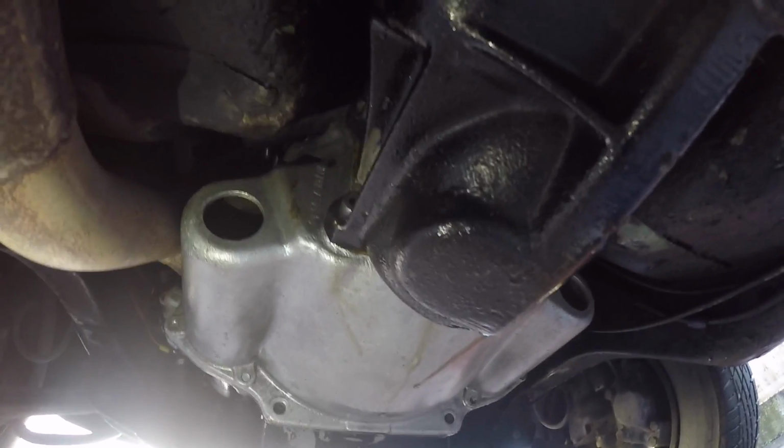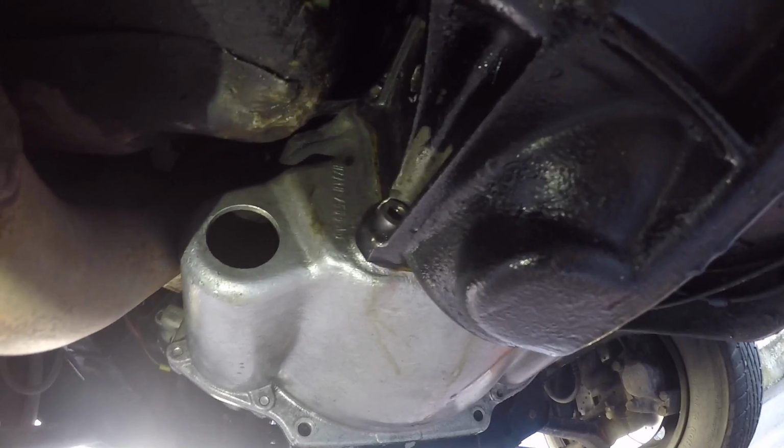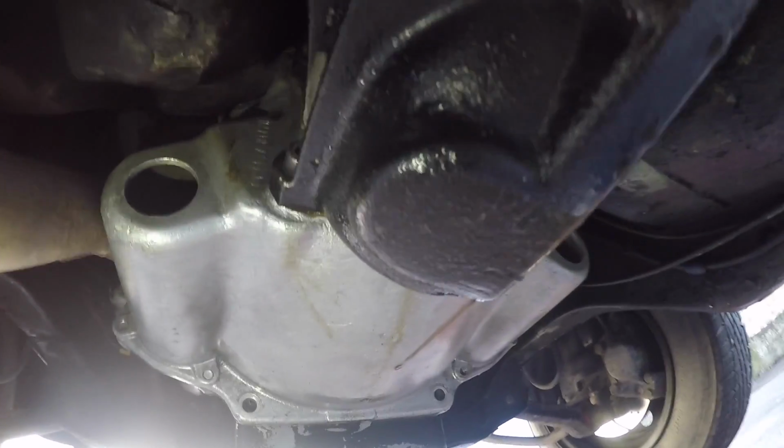Right, so how I messed up is I didn't do the Allen keys up super tight. And what I found is a couple of days after the drift day, there was actually a gap between the bell housing and the gearbox here. Now the gearbox is leaking oil, and I think what's happened is because the Allen key bolts got loose,